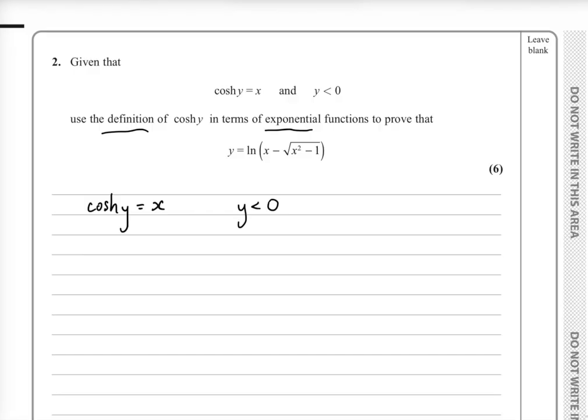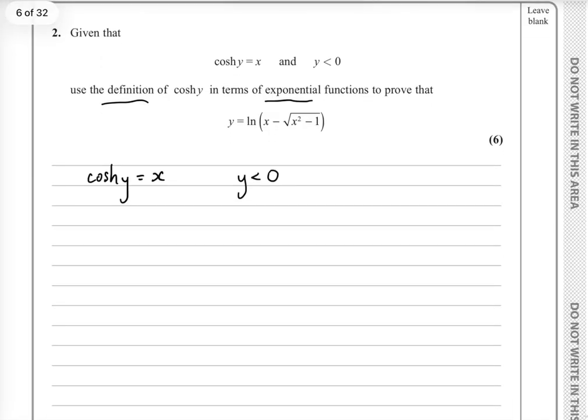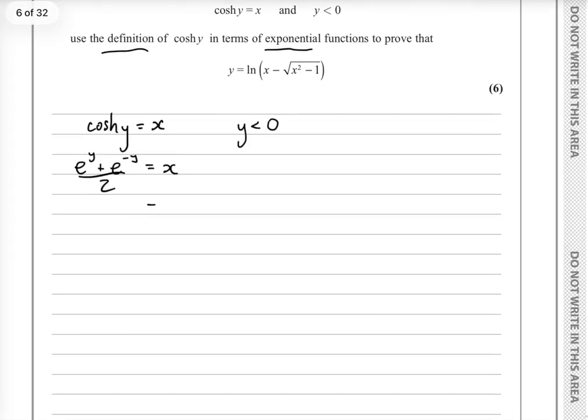So we can't just go to arcosh in the formula booklet, we need to use the definition of cosh y, so that's e to the y plus e to the minus y over 2 is equal to x, and now we're trying to solve this equation. So bring the 2 over,